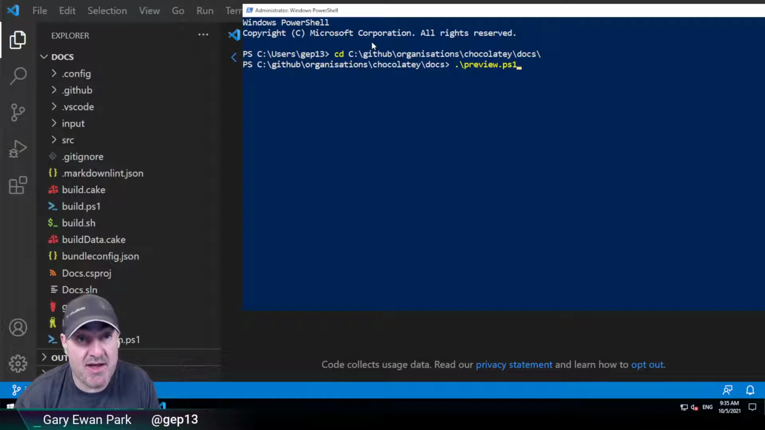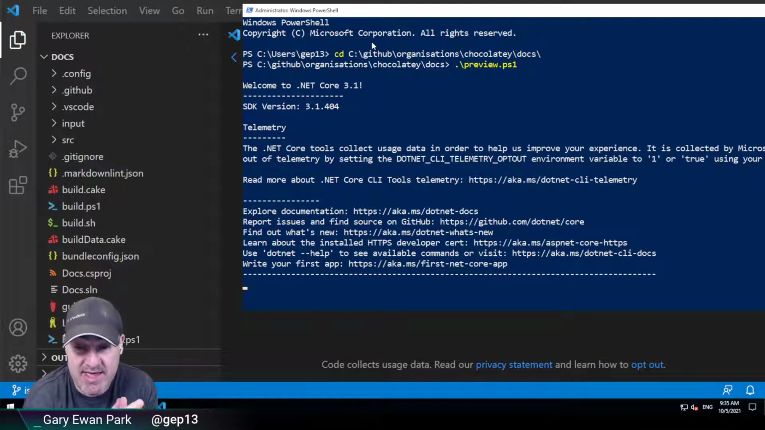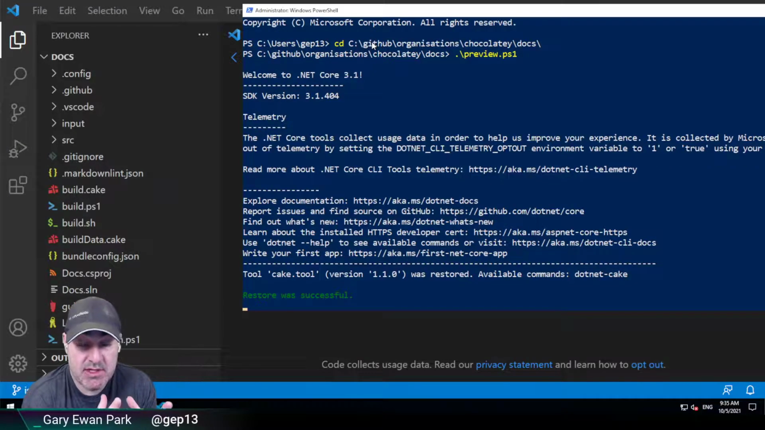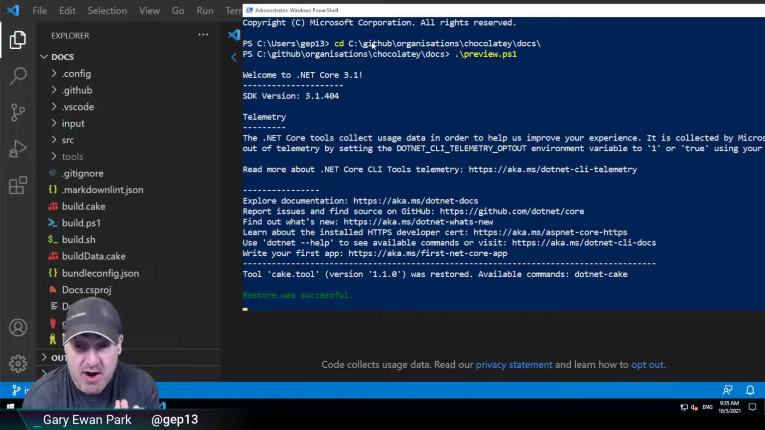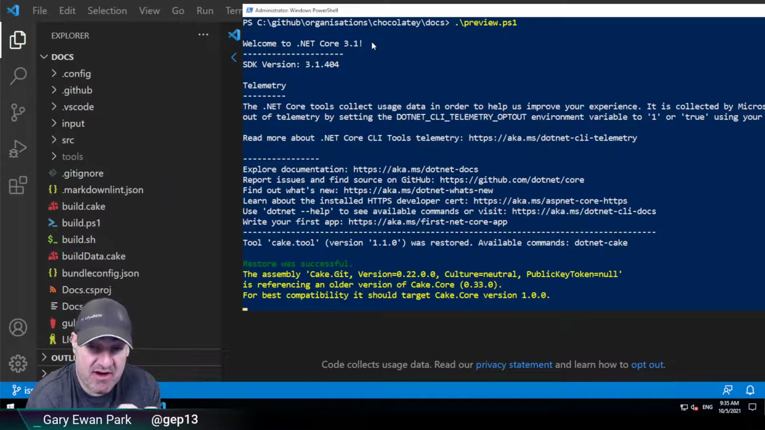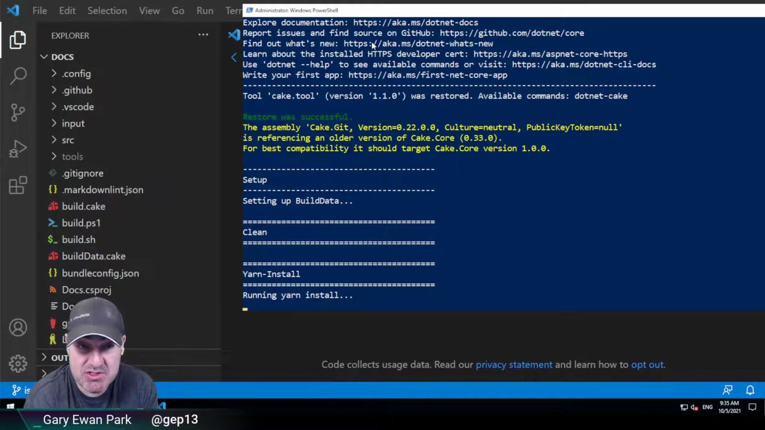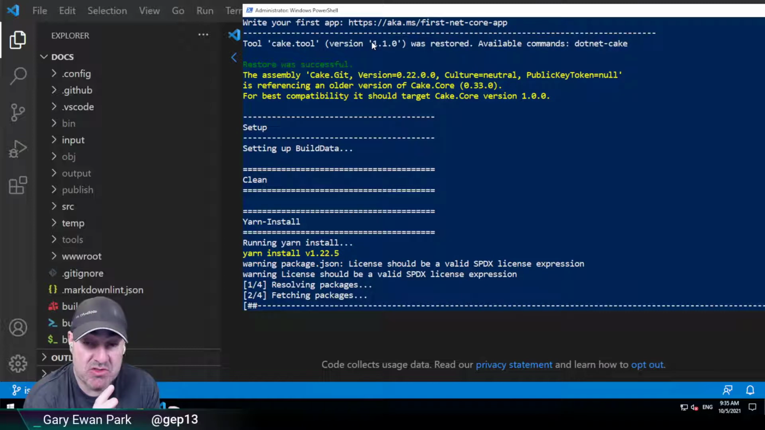In here, if I now run that preview.ps1 script again, what it's going to do is take all of those source files, so those markdown files within the input folder. It's going to read them all in. It's going to figure out all of the metadata that's associated with each of those files. It's going to create those as HTML files that are ultimately rendered to the output folder. And then it's going to spin up a web server, and it's going to allow me to browse that site